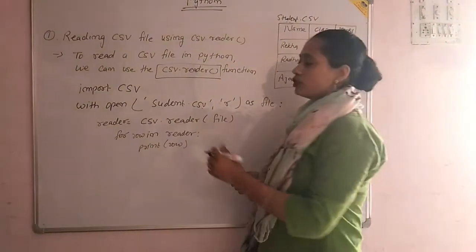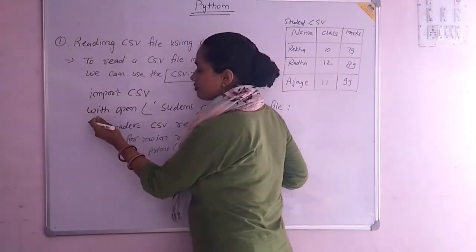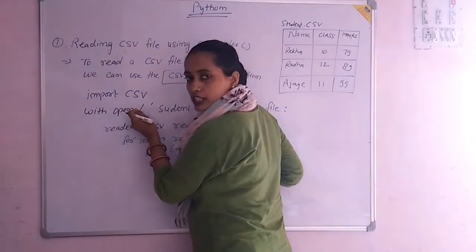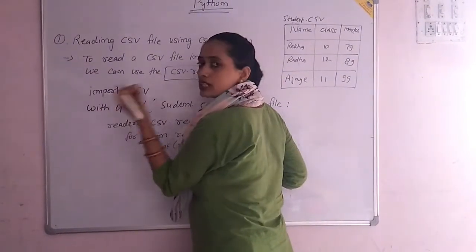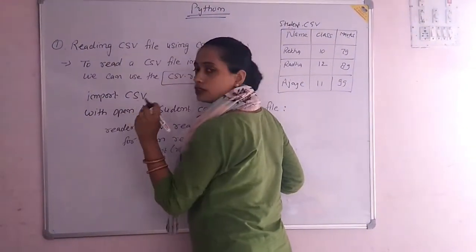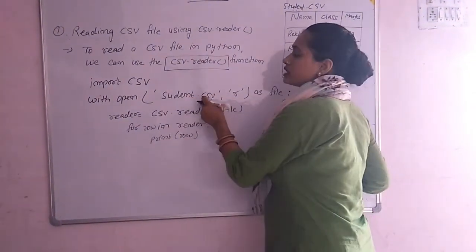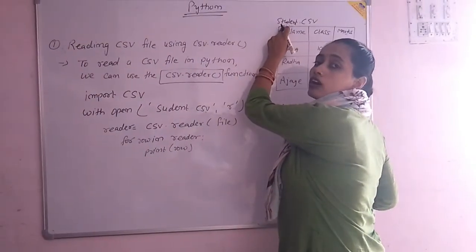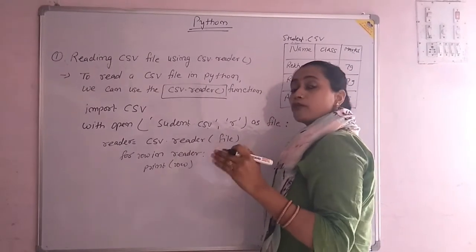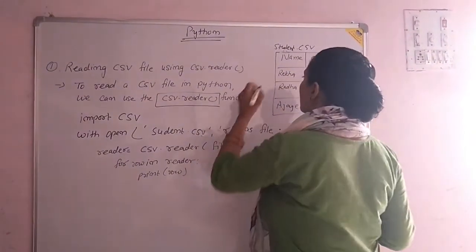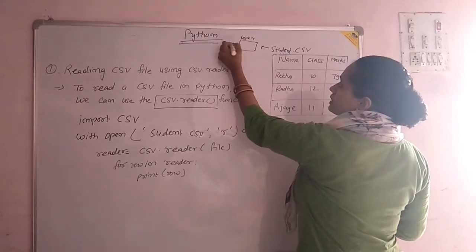So here, first I'm importing the csv module, and after this I'm using the built-in function open. With is a keyword, open is a keyword, so they will appear in some different color when you write this program in your Python shell. So with open, we are passing here student.csv. This is the name of our file. You can pass the complete path of this CSV file, like I have saved this data in a folder named user, and it is present in the C drive.